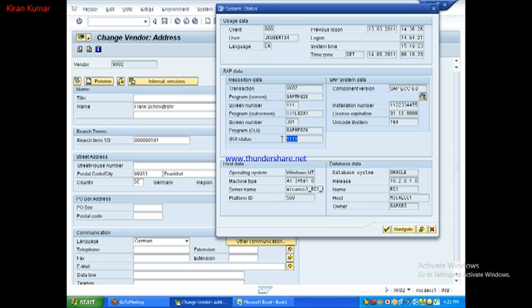GUI status means SET PF-STATUS will give, no? So this is the GUI status name. Fine. Now what I will do, I will go to the program of the screen, double click on the program of the screen,